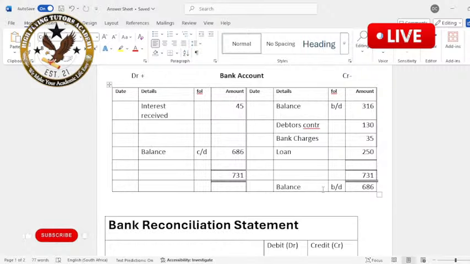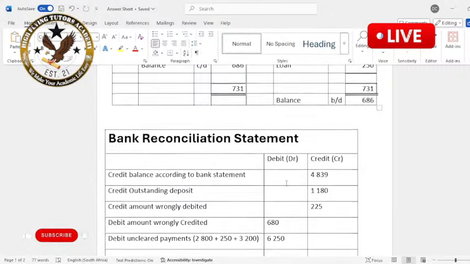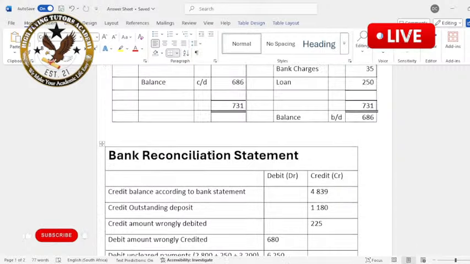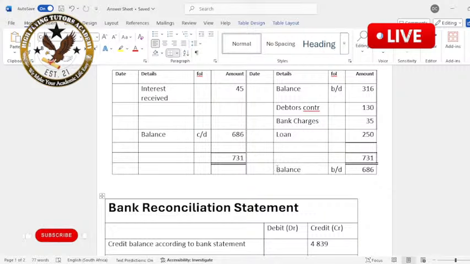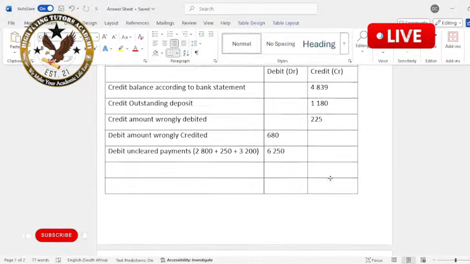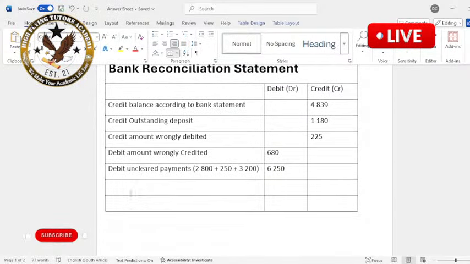Let's go to the bank reconciliation statement. In the bank reconciliation statement, we must come here and say balance. We are going to open with this next month, right? In the next period, we're going to open with this, and this opening balance of the next period is on the credit side, right? So it means we must go to the bank reconciliation statement and say credit